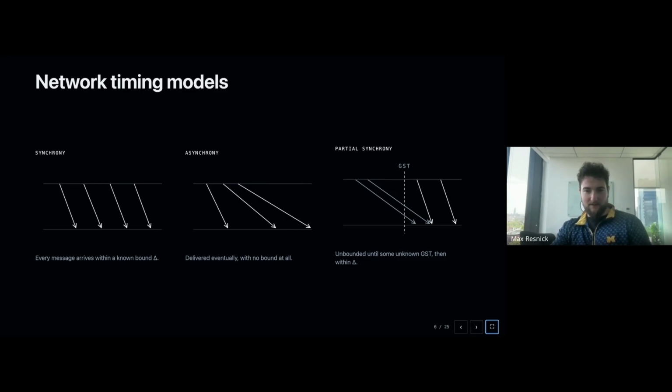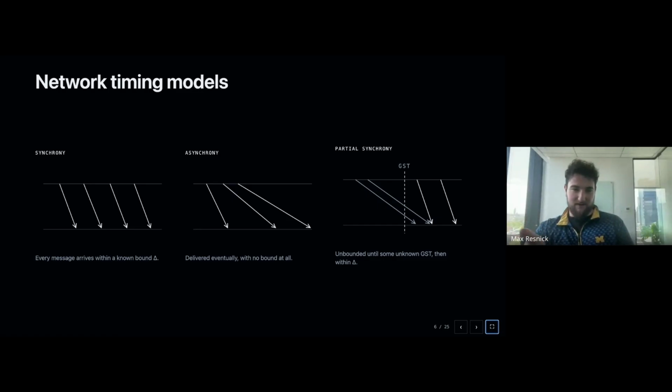So we have these other models of states of the world. One of them is asynchrony, which is that every packet eventually arrives. So maybe you're using TCP and you just keep trying to request the thing if it didn't succeed until you get the ACK, but it might take an unbounded amount of time.